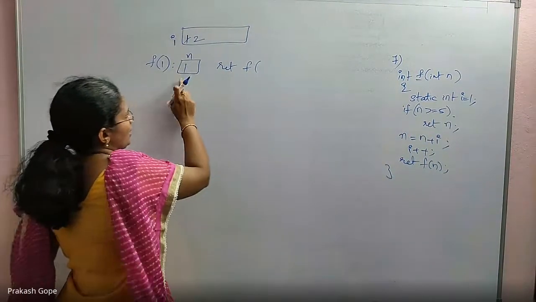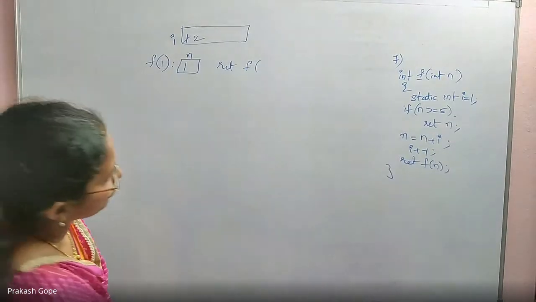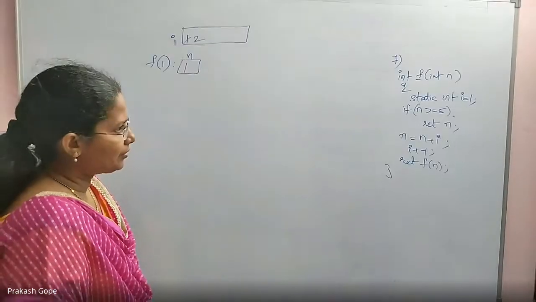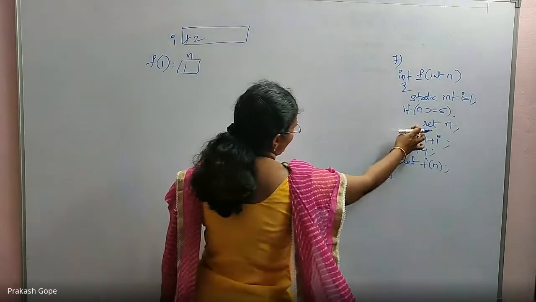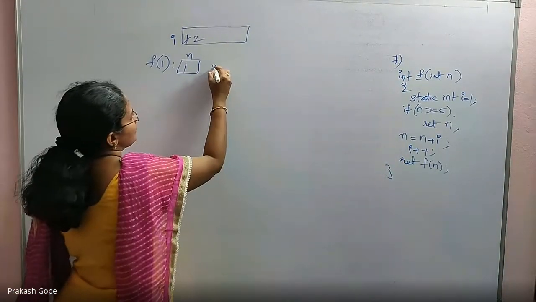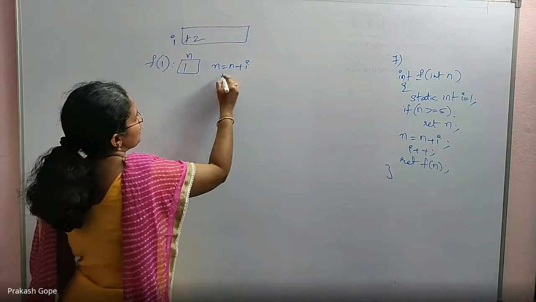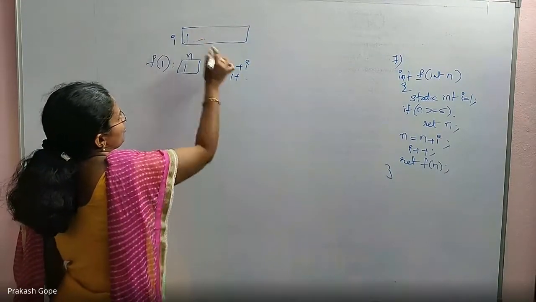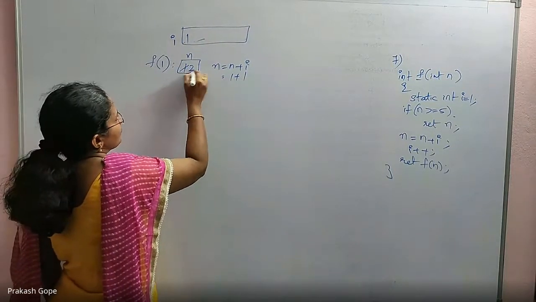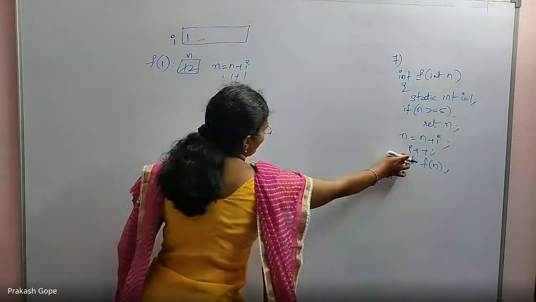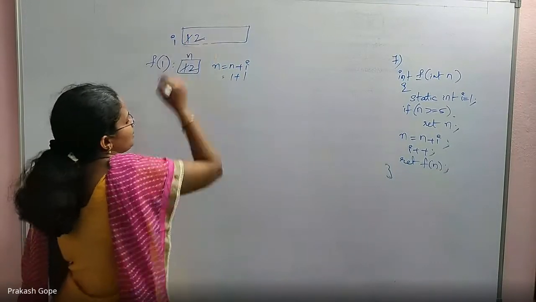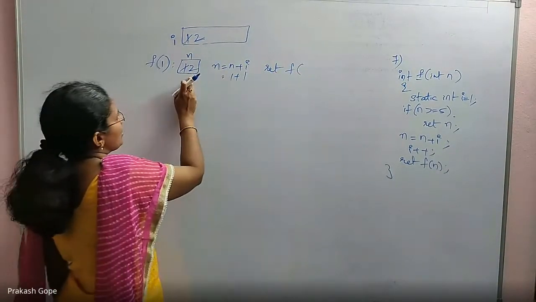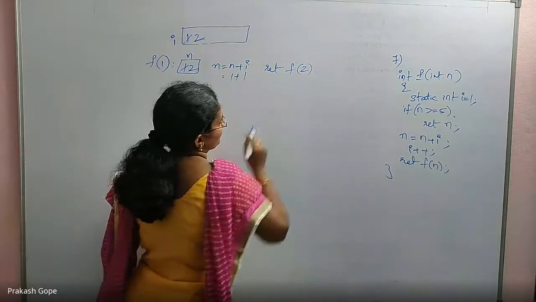Okay, now if n is greater than or equal to 5. Now it is not greater than or equal to 5. So this line will not be executed now. n equal to n plus i. What is n? This one, 1 plus i. i is also 1. 1 plus 1 is 2. Update n. Okay, done. Then i plus plus. i is static i, so incremented. Then return f of n. What is the n value? It is 2. So pass 2 to it.